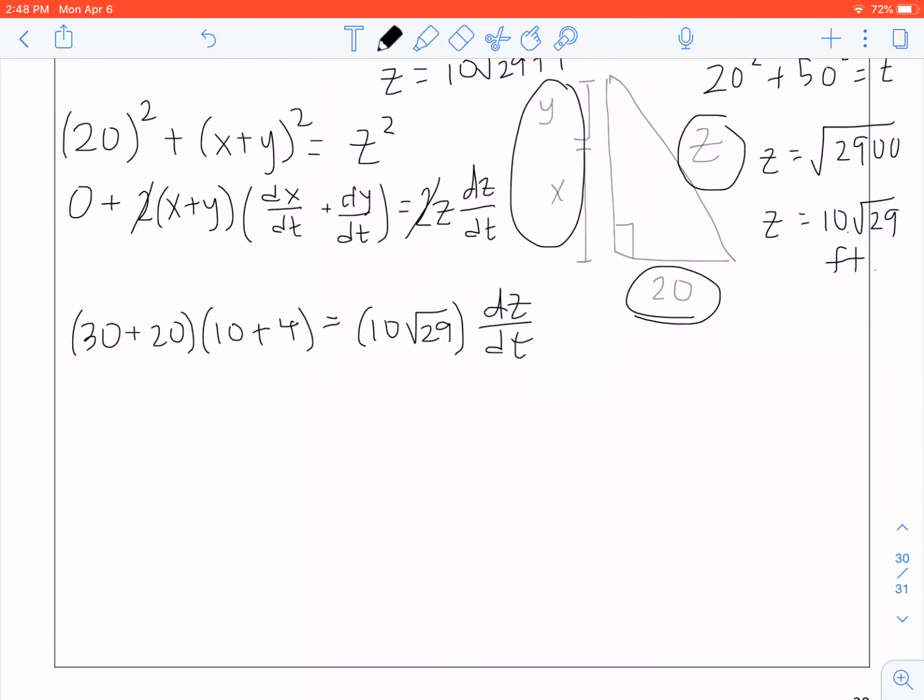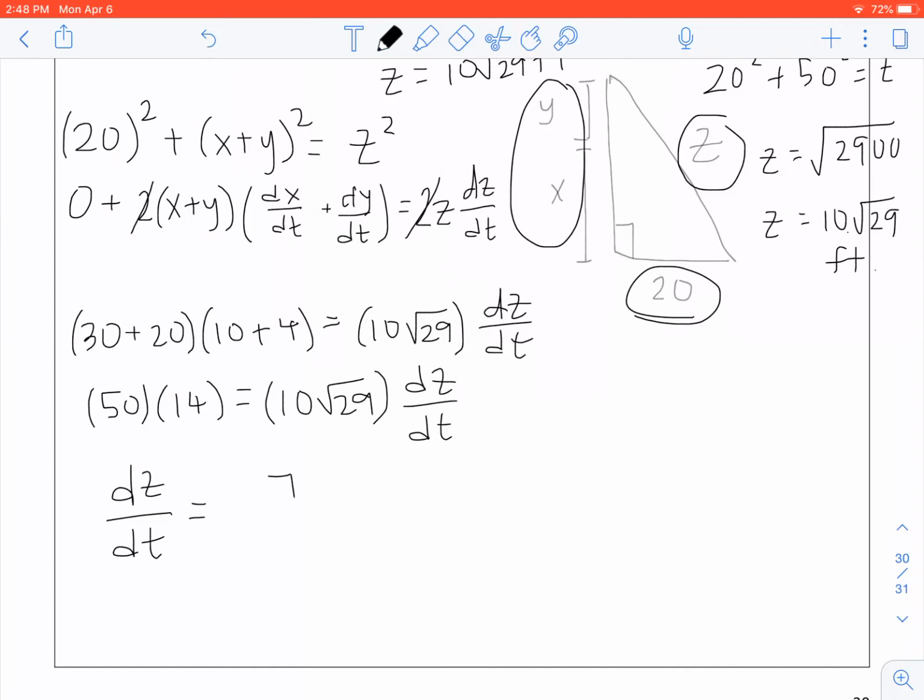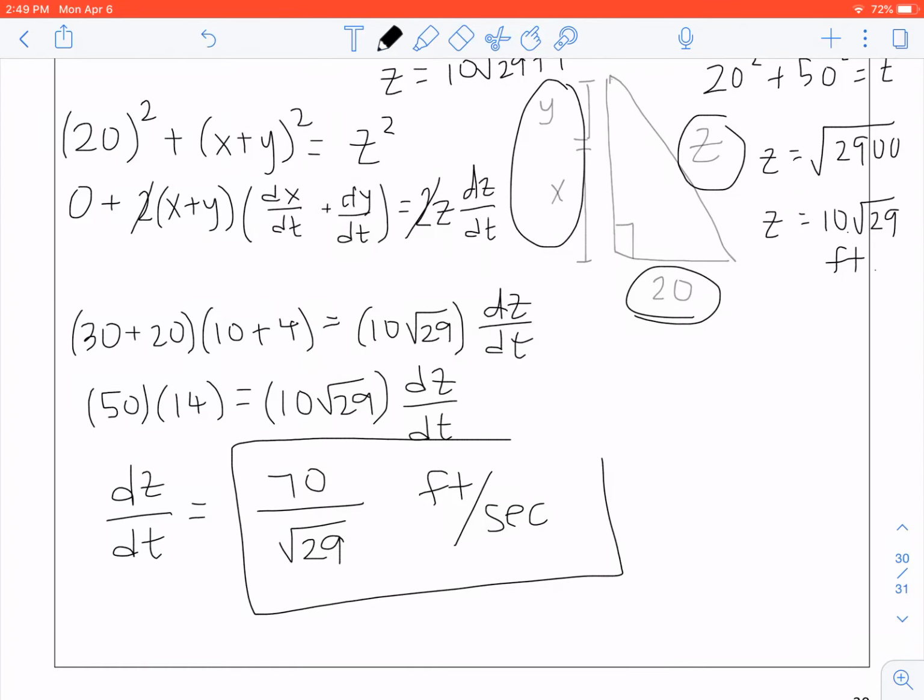So we need to solve this. Simplifying this in steps, we have 50 times 14 equals 10 square root of 29 times dz/dt. And then simplifying this and solving for dz/dt, we get 70 over the square root of 29. Again, you do not need to rationalize this. If you want to, you can. It's an equivalent answer. dz, the distance we're talking about, is in feet, over the change in time, which is in seconds. So the distance between the two men is changing at a rate of 7